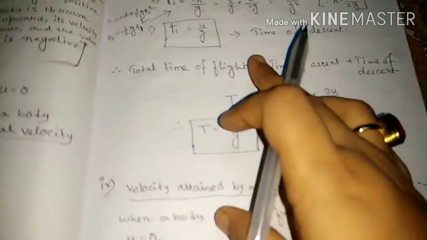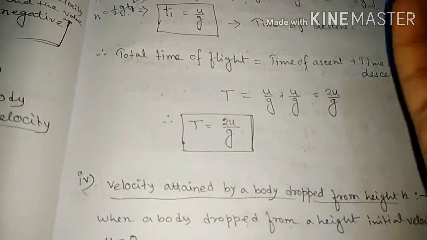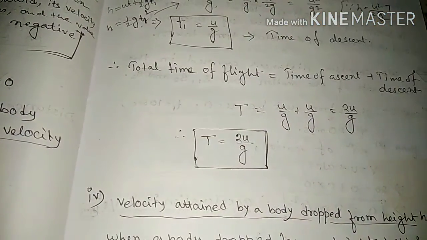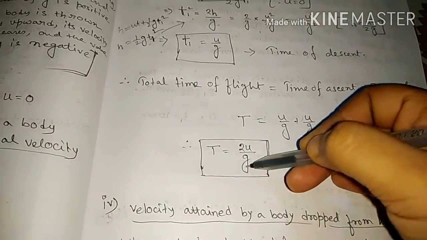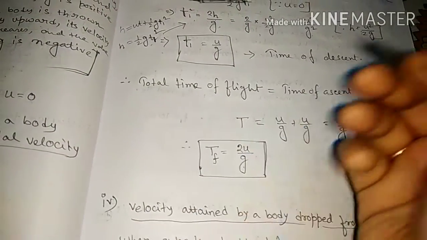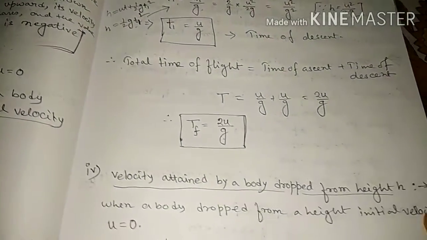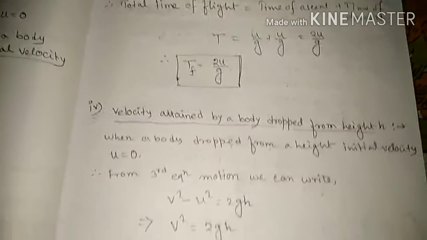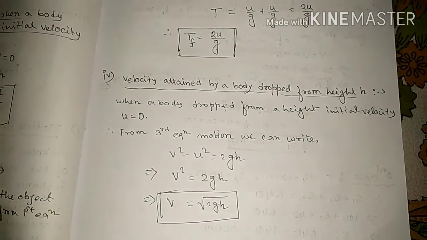So you see that the time of ascent and the time of descent are the same. Okay. So what is the total time? That is called the total time of flight. Total time of flight means time of ascent plus time of descent. So we put the values and get 2u by g. It is sometimes represented by tf, time of flight. In some books it is represented as tf, or in some books only capital T. Clear?